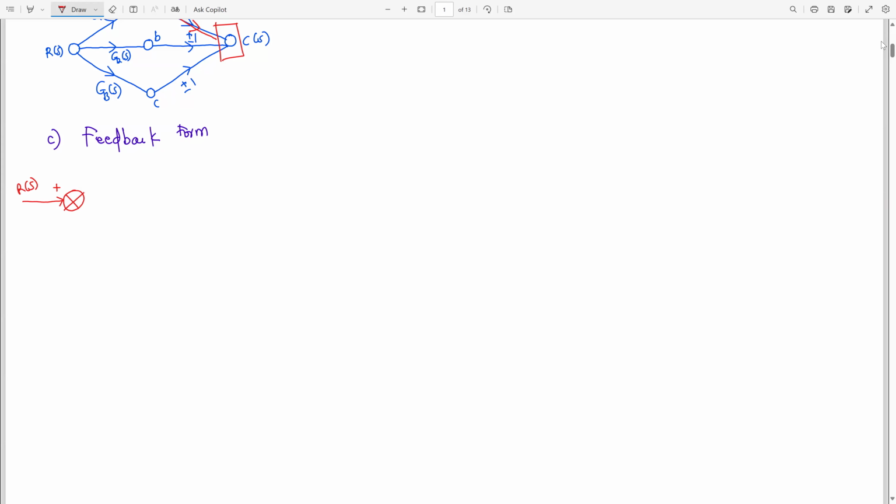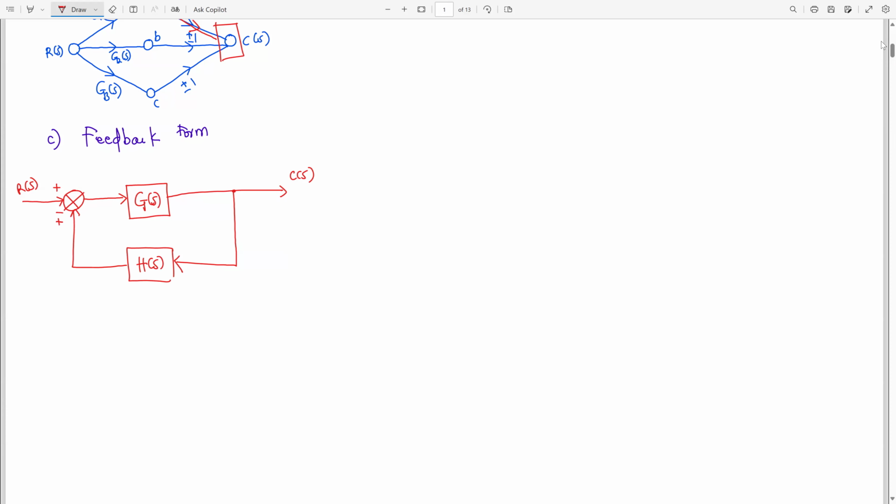And then you have the error signal going into a block or a system with a transfer function of G of S. And then you have the output signal C of S. Since it's the feedback form, you have to draw some feedback going into a block H of S. And then it comes back to the summing junction